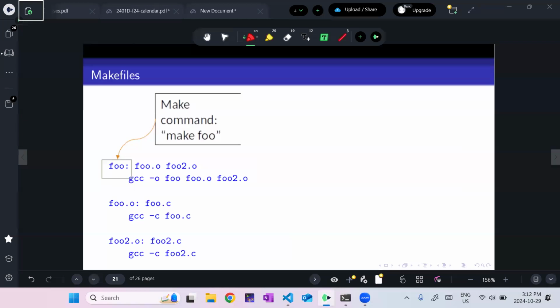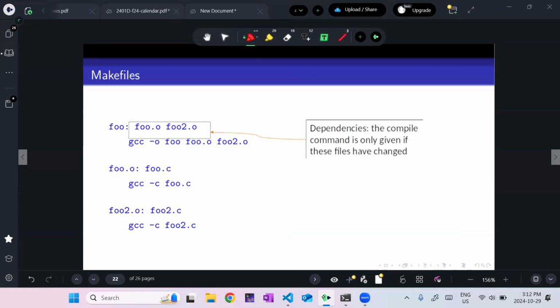All right. And then if you need some reminder about how to make a Makefile, there's a few things here. This is called the command. So I want to run make foo, and it's going to make my foo executable by running this command if it needs to recompile it. It's also going to check to see if these are current, and if not, it's going to recompile them as well. So these are the dependencies after the command.